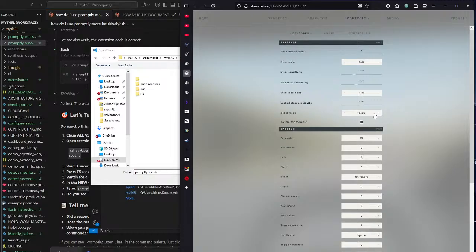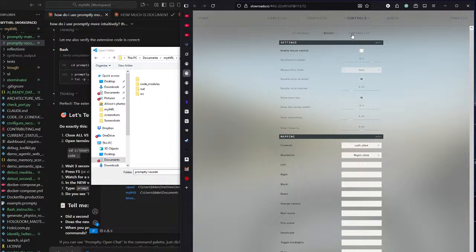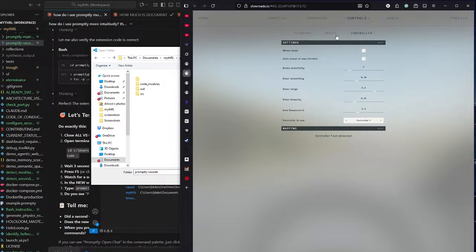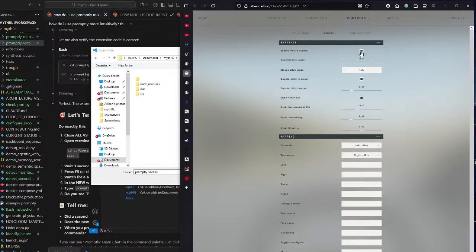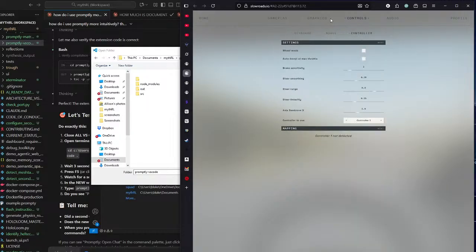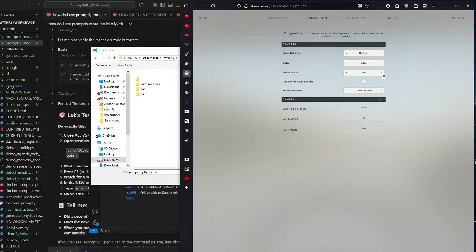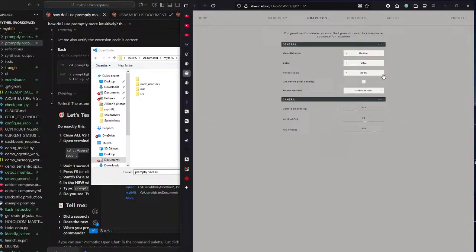Boost mode. Enable mouse control. I don't really want that. I want it to self-drive. Graphics. Ooh, very high. Ultra. And there she go.